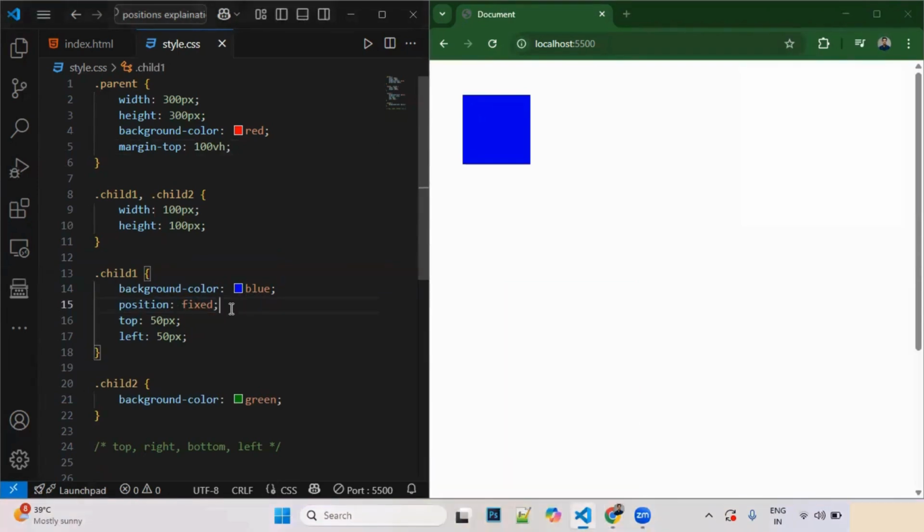So guys, let's move to the next type of position that we have, which is position sticky. Position sticky is a combination of both position relative and position fixed. It behaves like both position relative and fixed. Whenever you give position sticky to any element, you need to also provide an offset point, or a kind of starting point or threshold point,